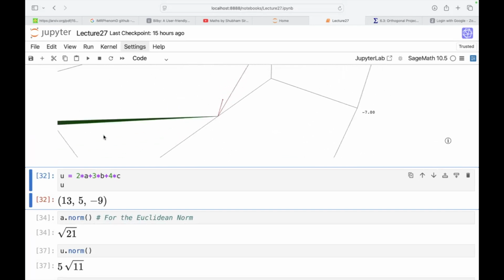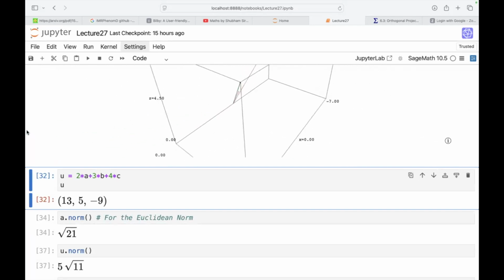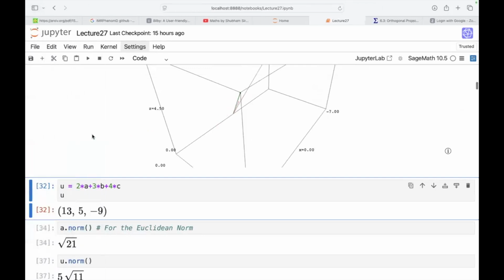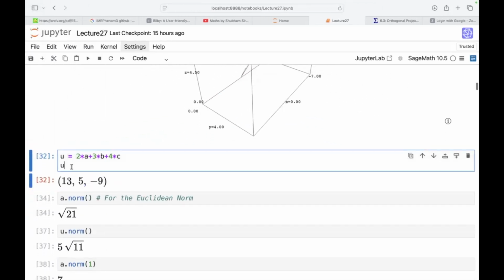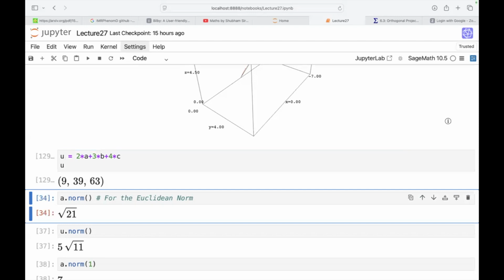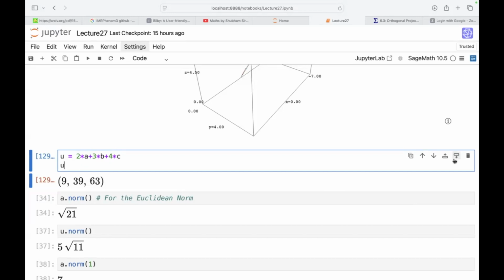ये आपका वेक्टर मिल जाएगा. क्लियर है. अब मान लीजिए सच द मल्टीप्लिकेशन, स्केलर मल्टीप्लिकेशन पार्ट 2A plus 3B plus 4C, then U is evaluated, then value. ठीक है. नेक्स्ट थिंग अगर मान लीजिए आप यहाँ मैं एक सेल ऐड करता हूँ,